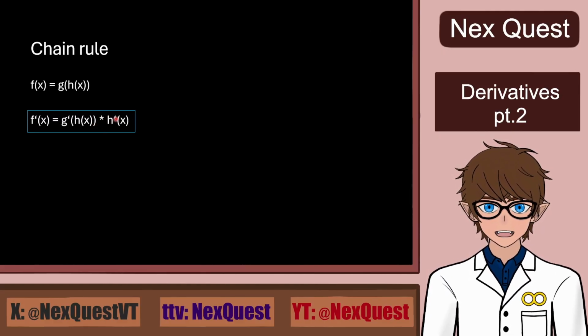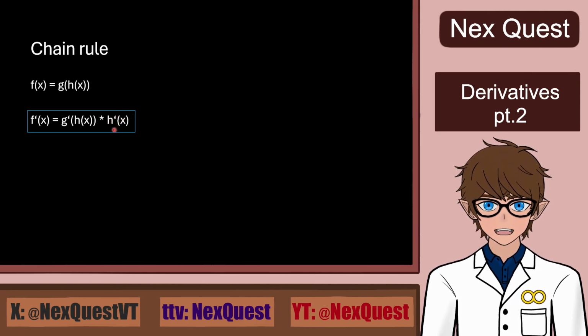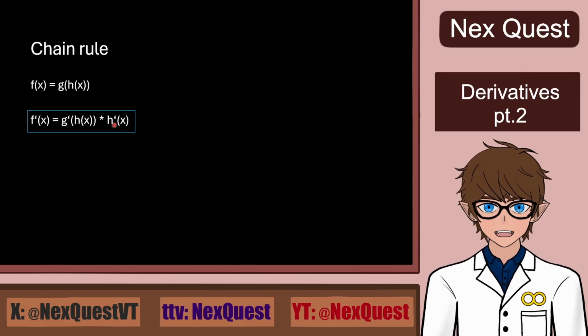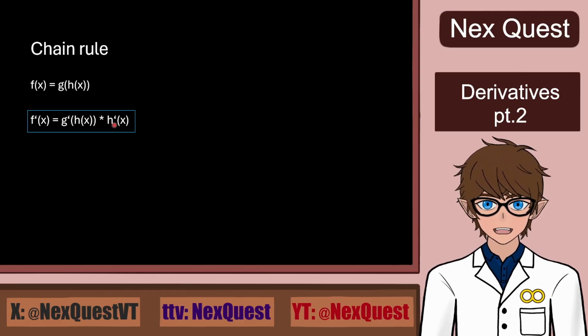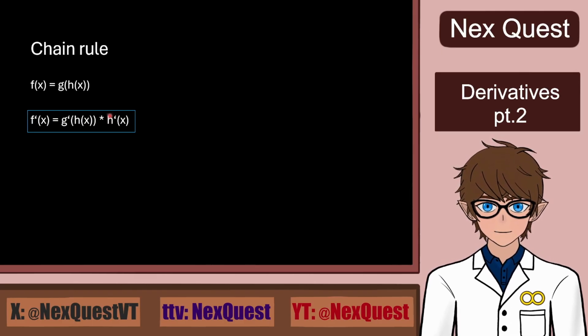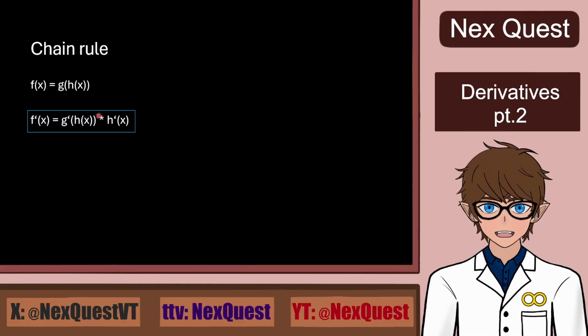And that inserted function still has a role to play. So we take its derivative individually and multiply it to the derivative of the outer function. Sounds complex? Well, it isn't really. The formula is simple. After you use it a few times, you also pick it up fast and it doesn't cause any more problems. So really, trust me,